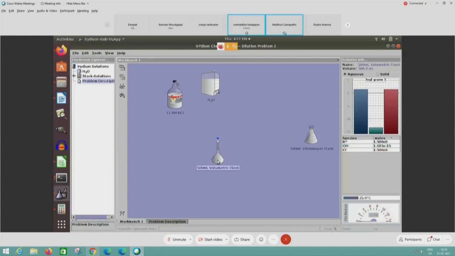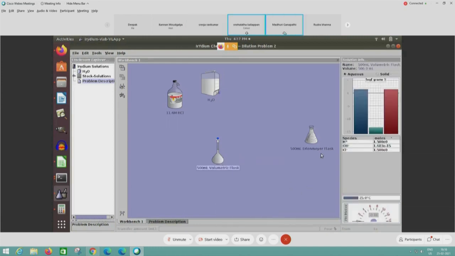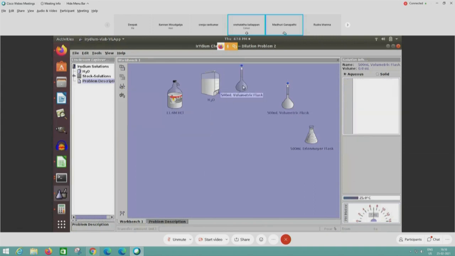When you're adding, it will quickly go up and then it comes back down. Okay, you want me to show that again? Yes, keep an eye on the thermometer because it changes very quickly. Okay, let me add water first.